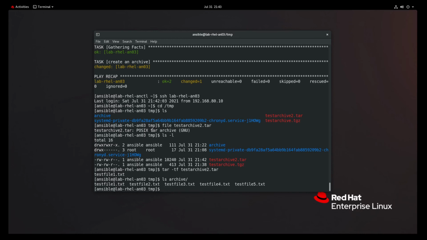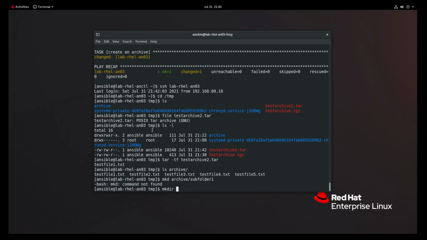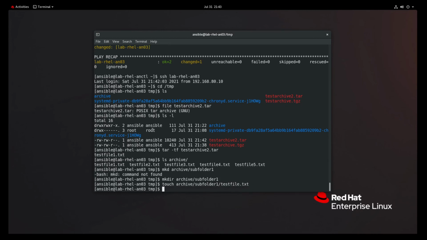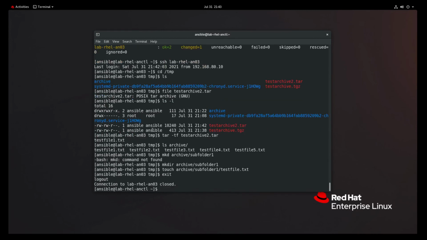But we are going to make a little change here. Make dir archive subfolder 1, and make dir is going to work better for that. We're going to go ahead and touch a file in that. So archive subfolder 1 test file.txt. All right, so let's go back